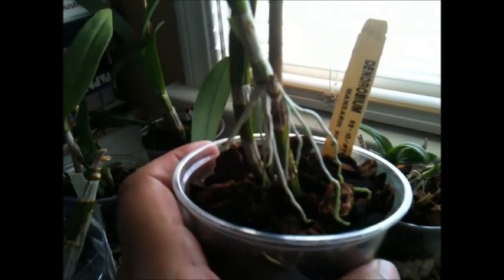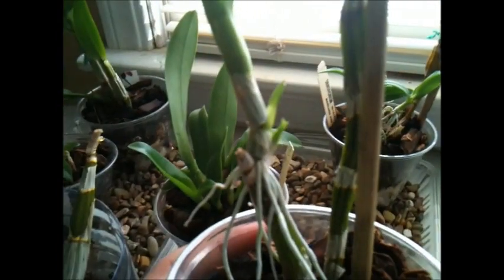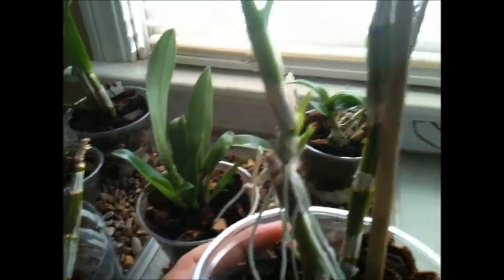Let me show you this one. As you can see, it's growing on top of the old cane. It's a dendrobium called mandarin pink, and as you can see, it's growing there on top of the old cane, and it's actually growing a little baby on the bottom. I don't know if I can show you this. Anyway,